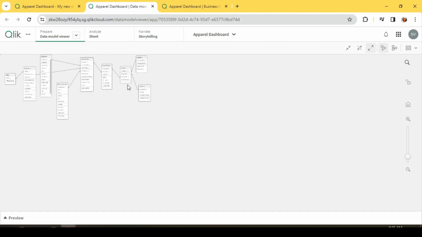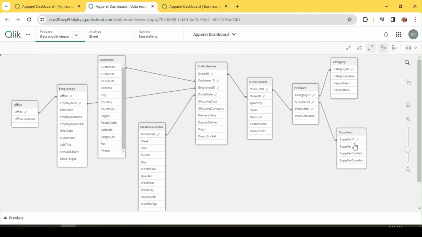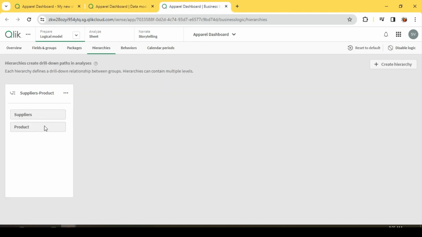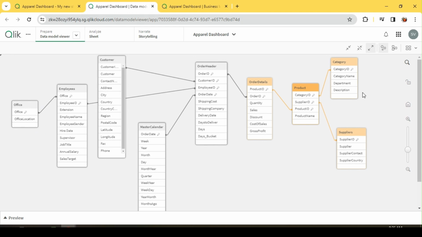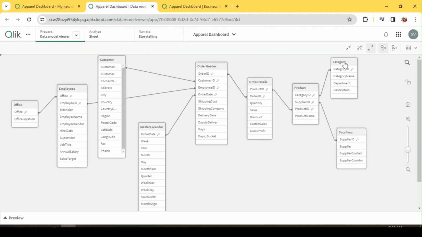Let me just quickly look into the data model. So we have this relationship. We have the supplier with product, which is already captured here by default, and we also had this category product captured, which I deleted, so it was able to capture that as well, category to product. And there is one more thing we can do, office with employee. So let's go ahead and create these two